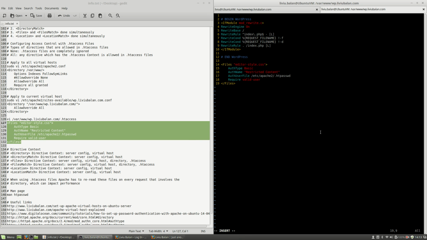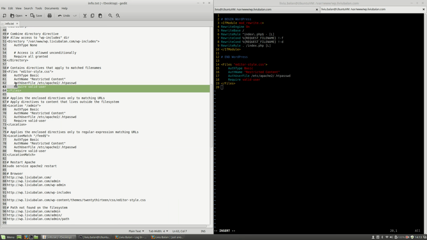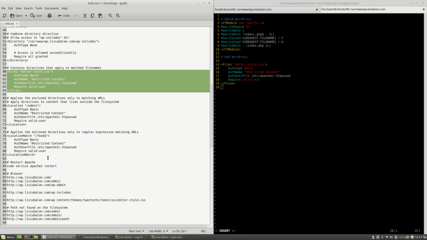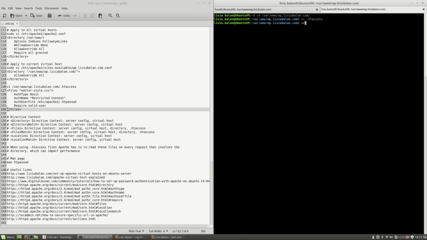and here I will specify the previous editor-style.css restriction that you saw earlier here. So this is the same restriction, but instead of placing it inside of a virtual host configuration file, I will place it inside of an htaccess file. Write and quit,